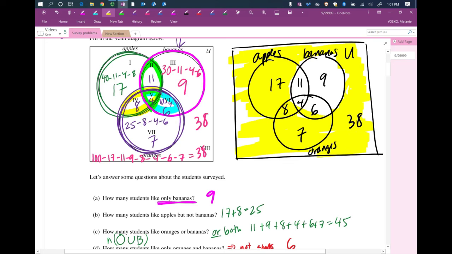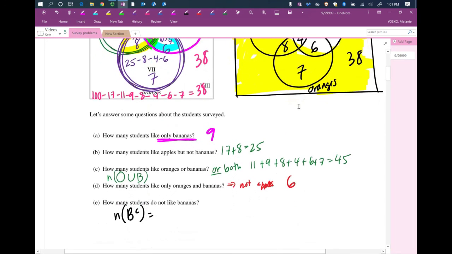So everything that's in yellow. So 17 plus 8 plus 7 plus 38. And you should get